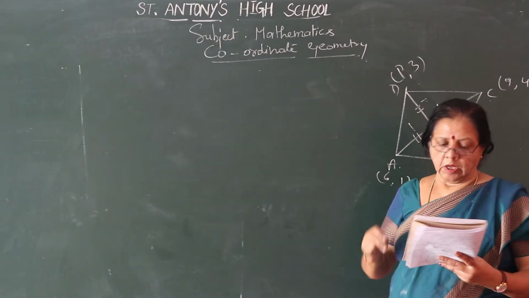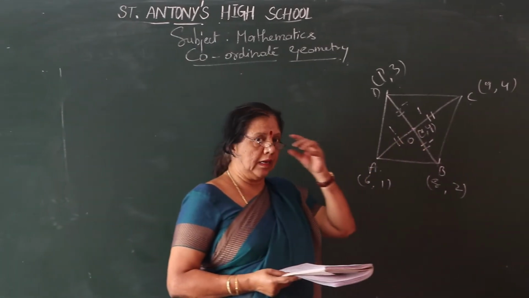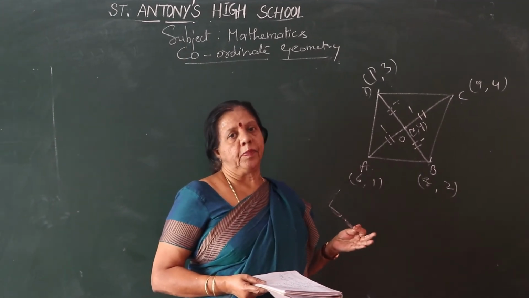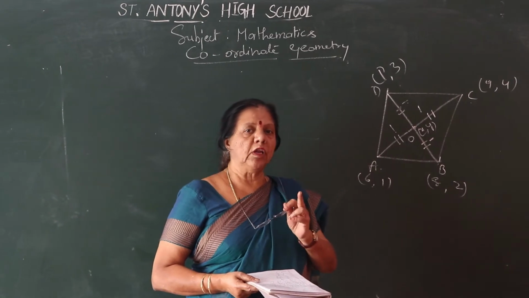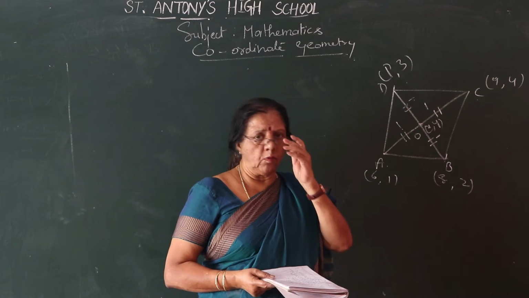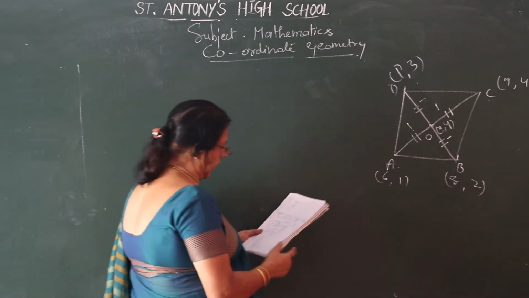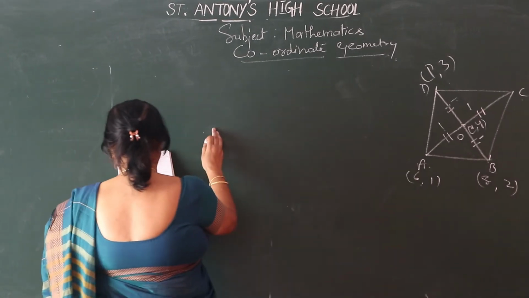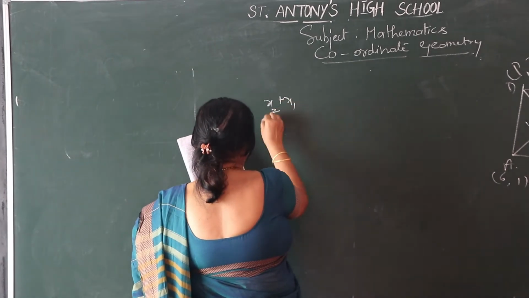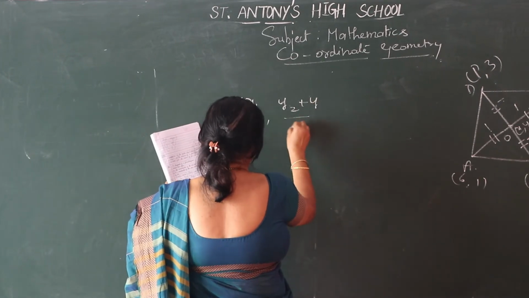So now all of you look at the board. The two diagonals bisect each other. Since they are equal, they intersect, so it is 1:1. m1 is equal to 1, m2 is equal to 1. No need to write at all. Now let us pass on to how to find out the points. Here, we have taken AC. See, the formula is x2 plus x1 by 2, y2 plus y1 by 2.